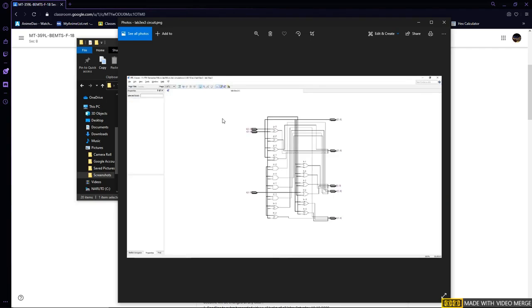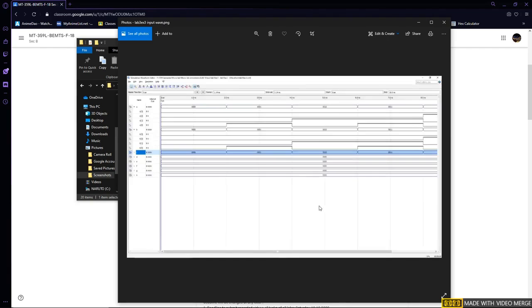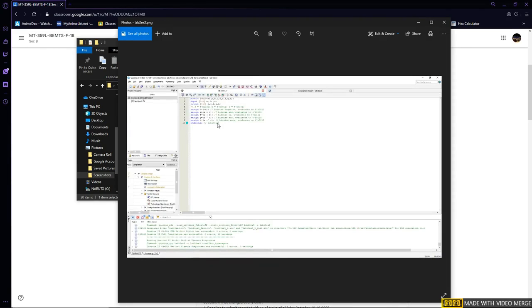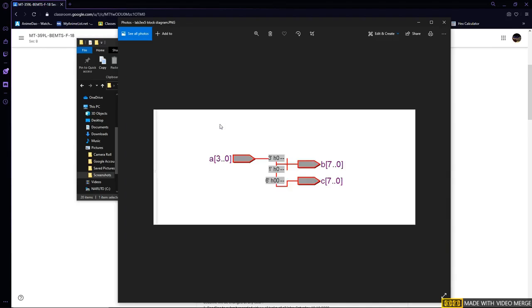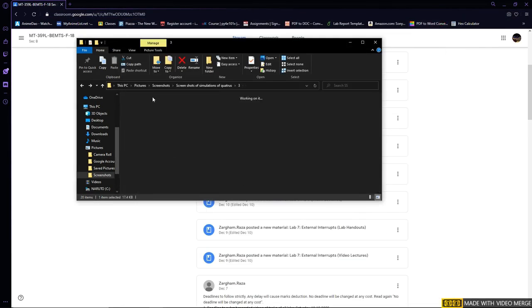This was the exercise 3 circuit diagram that was built after executing the code, and this was the input waveform, and this was the code. As you can see over here, we just used bitwise operations, and this was the output waveform, and this was for exercise 5. So now I will just show you the lab task